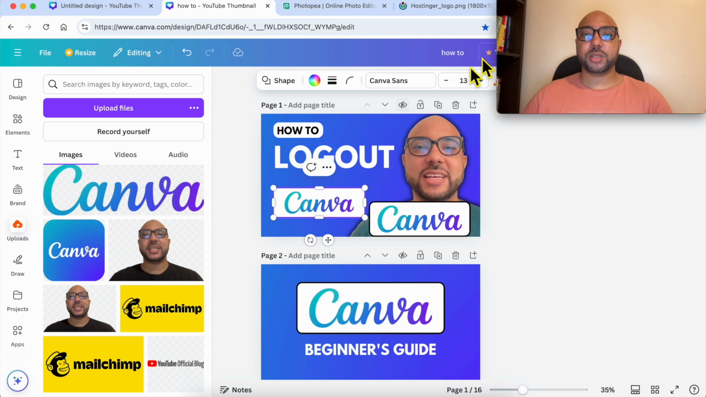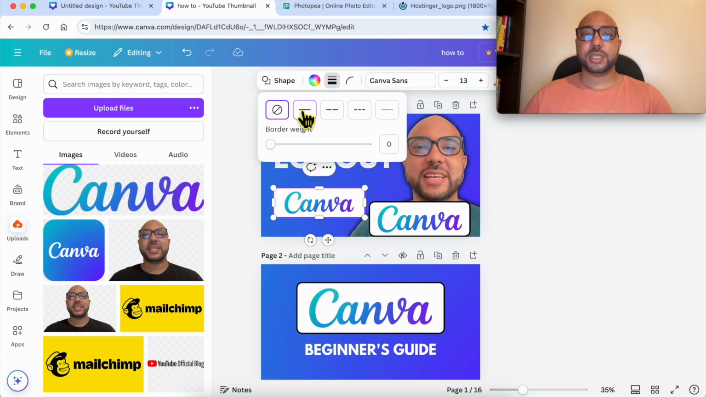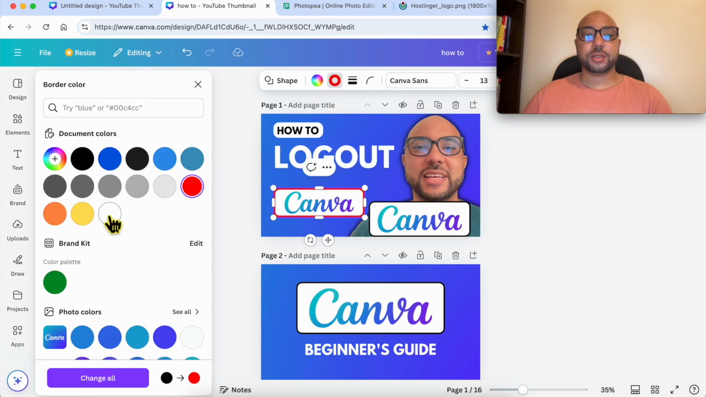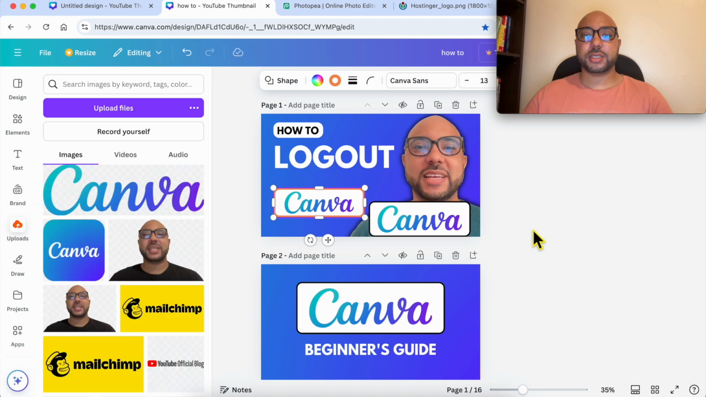Select the white element and click on border style. Select this border and you can make it a little bit smaller or bigger. To add the border color, click on border color icon and you can select between different colors. And this is how to make a YouTube